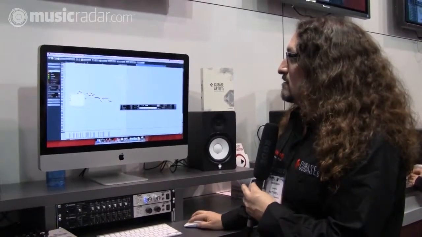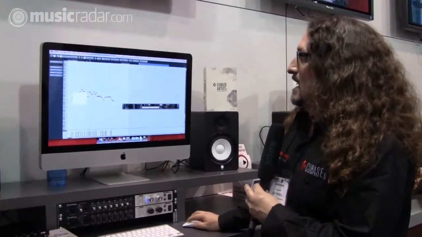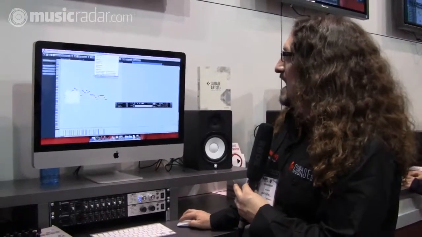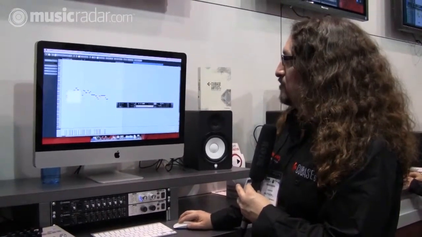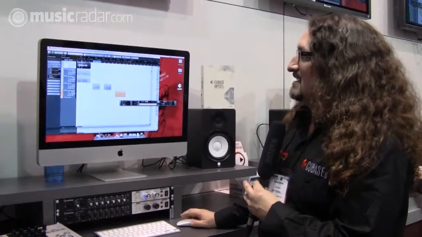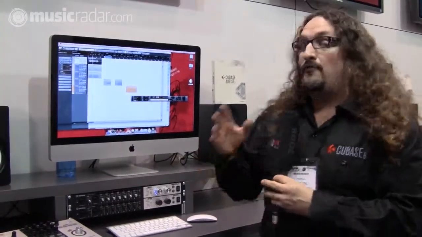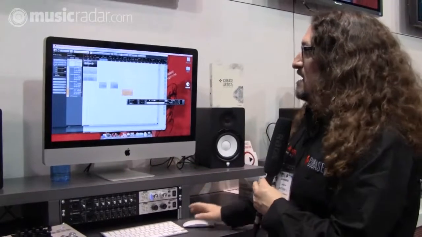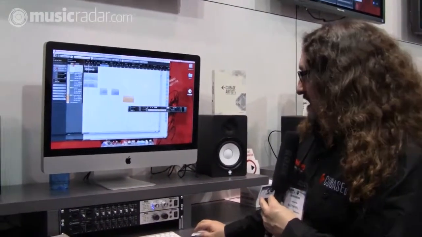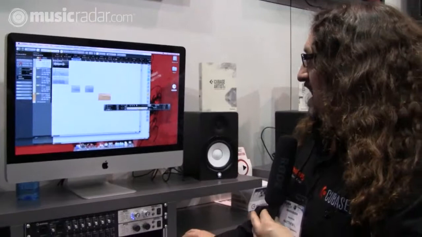Another nice feature is the ability to take an audio track and extract out the MIDI information. We've had that in Cubase 5 before, where you can take a monophonic audio track and turn it into a MIDI track. However, with VST Note Expression now, it can actually capture all of the pitch bend, all the nuance and expression from the audio track and turn it into MIDI information. So, for example, if I were to take this live alto saxophone part,